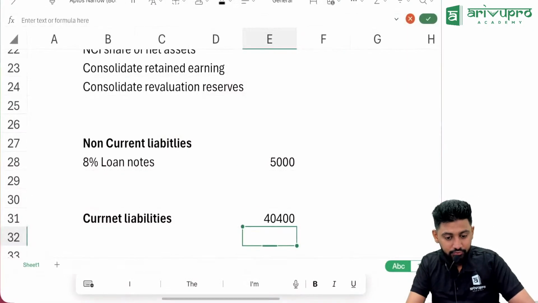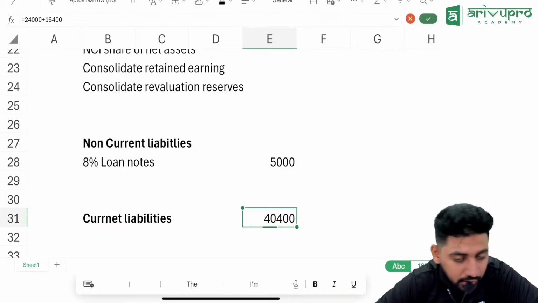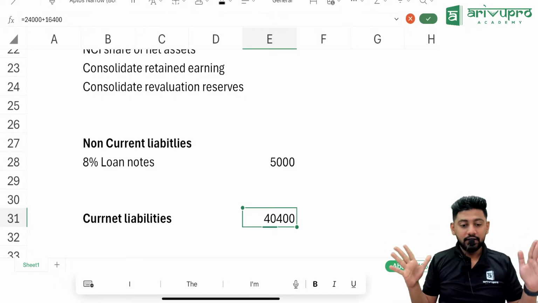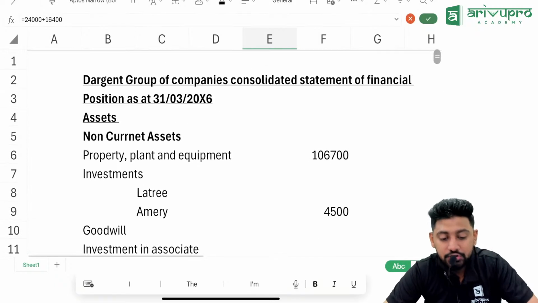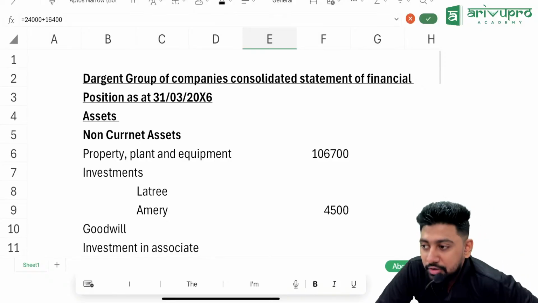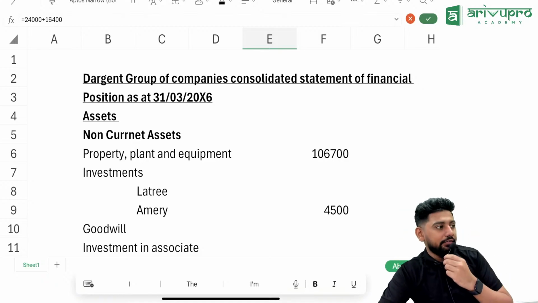24 plus 16,400. That's correct. Okay, done. Now, very simple. All I have done is create a structure to answer. Now this structure, the method has to be followed throughout. You can't change it. While I put my structure, I have left space for